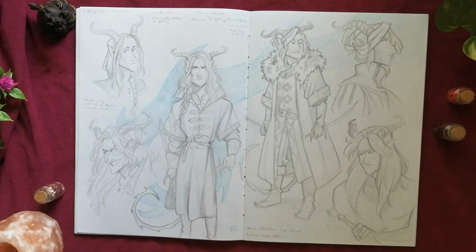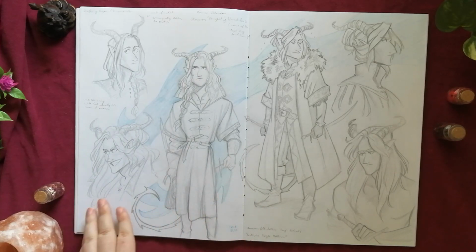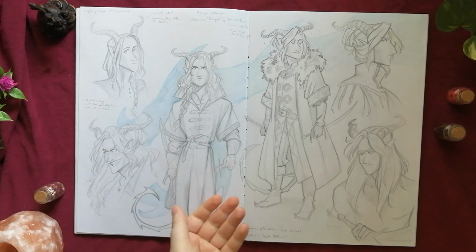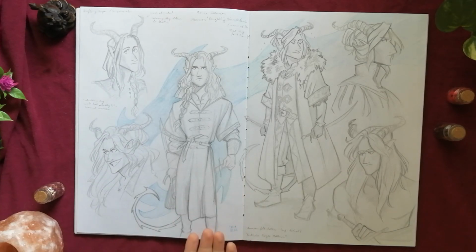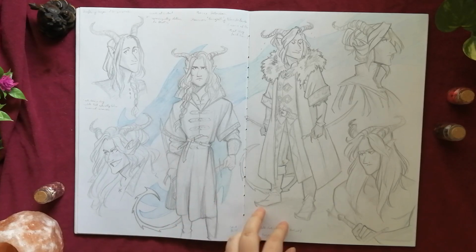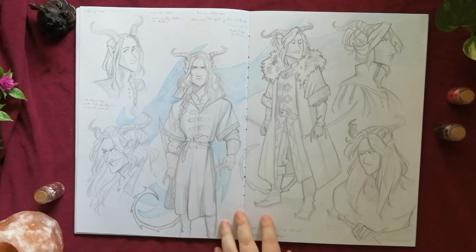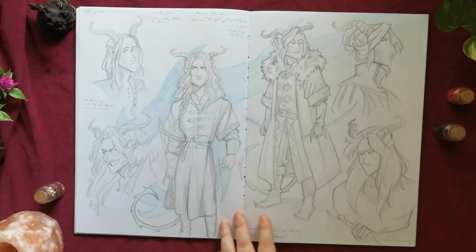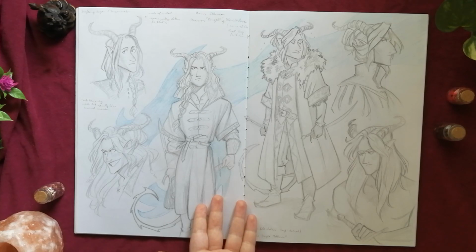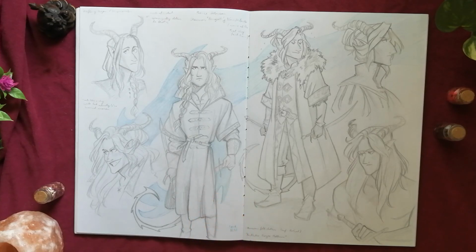Now, oh, I remember this one. I think this is my favorite spread in this whole sketchbook. So the basic idea here is that I wanted to design another tiefling character. I think he's like a roguish tiefling, and I just looked up a random aesthetic, and I think the first thing that turned up on Pinterest was this kind of sort of Russian-y look,